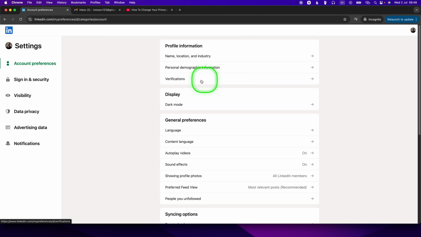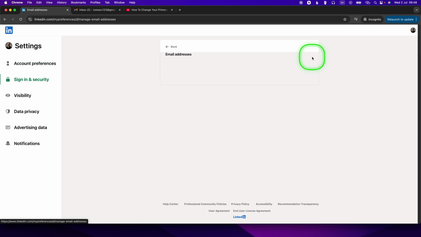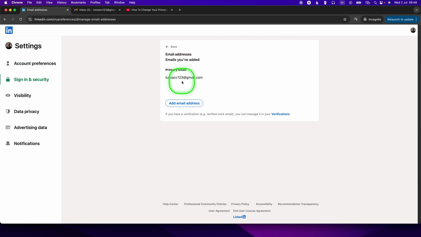Now, this will load up this page where you have to go into this Lock, Sign in and Security. Here you have email addresses, so click on that. And now, this is your primary email, and you have to go to add email address,